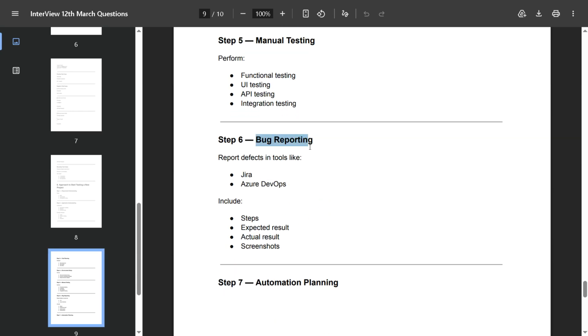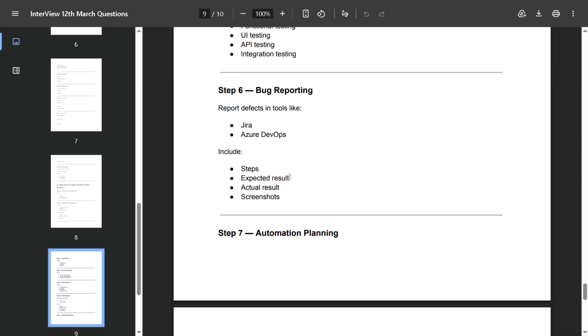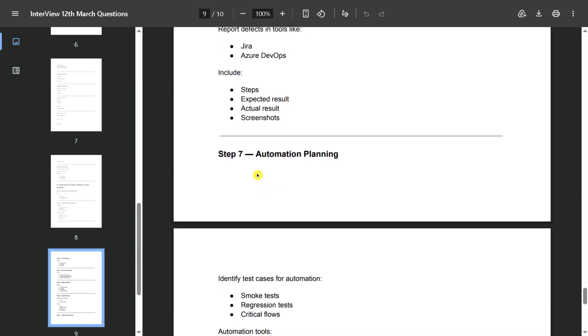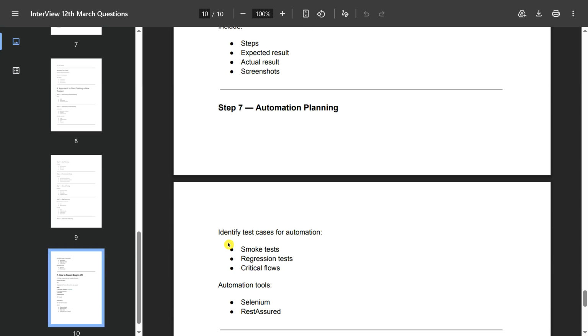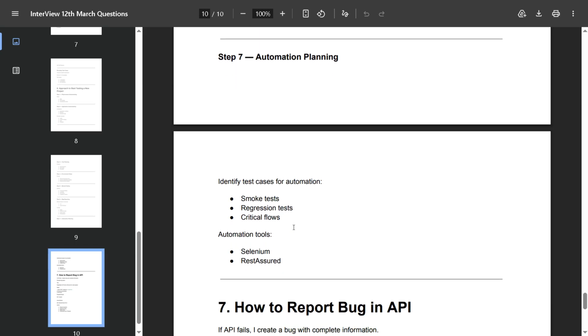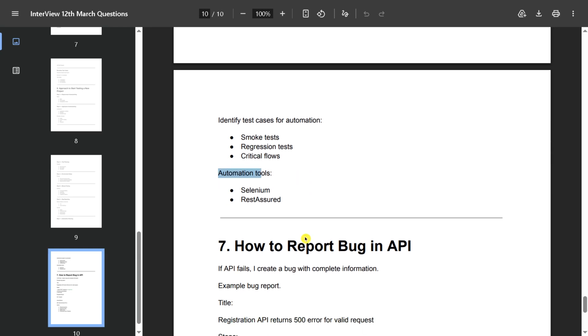And 6 is bug reporting, report defects in tools. If you are using Jira or Azure DevOps, you can say according to you. And we can include steps, expected result, actual result and screenshot. And planning for the automation, like identify test cases for automation: smoke test cases, regression tests, critical flows. Then choosing the automation tools like Selenium, Playwright, JS TS.